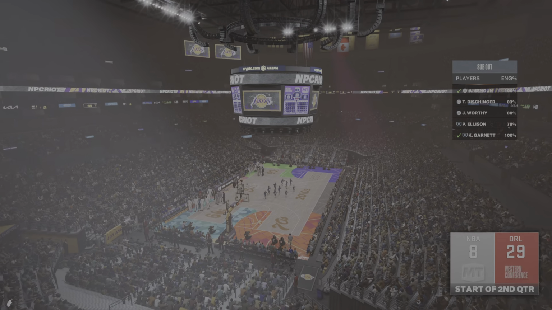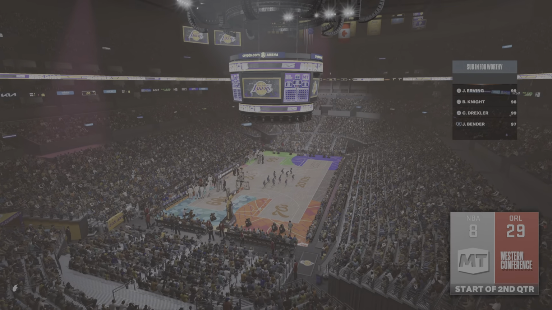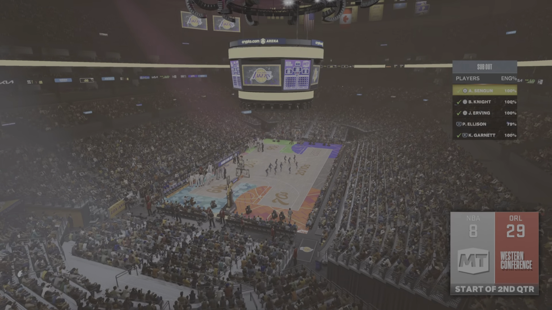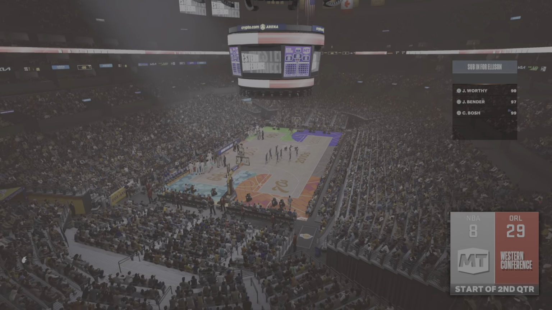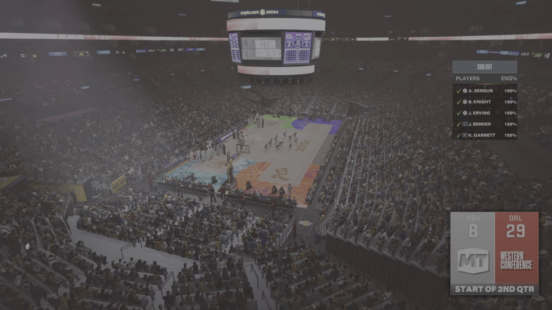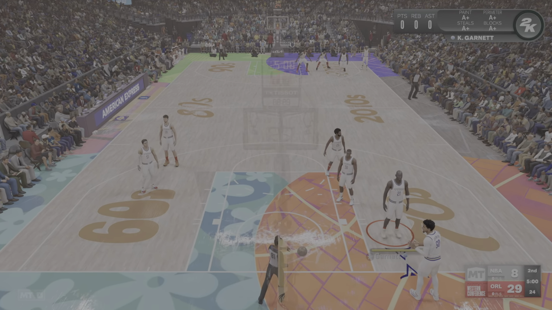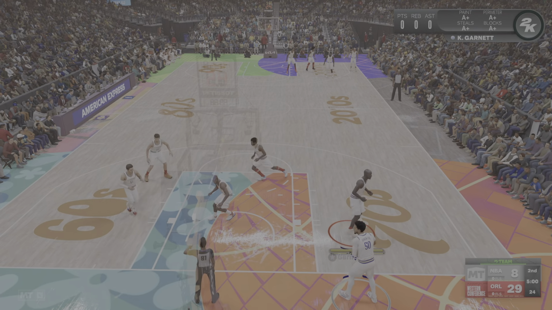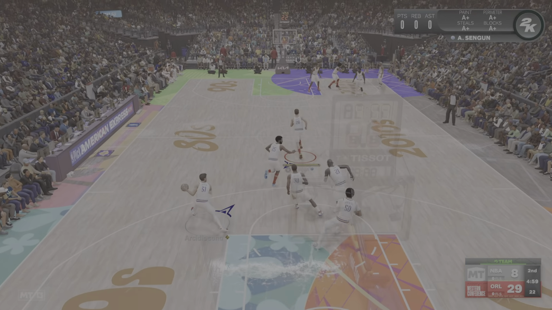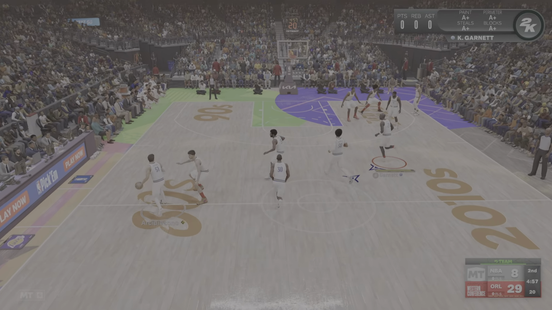And so far through one quarter, it's been a lopsided game. We'll see if that changes here in a second. And from what we've seen from Orlando, what do you guys see? On the attack right from the tip, they've been relentless offensively. Well, just taking it right at the opposition and the other team right now. No answers and no way to slow them down.